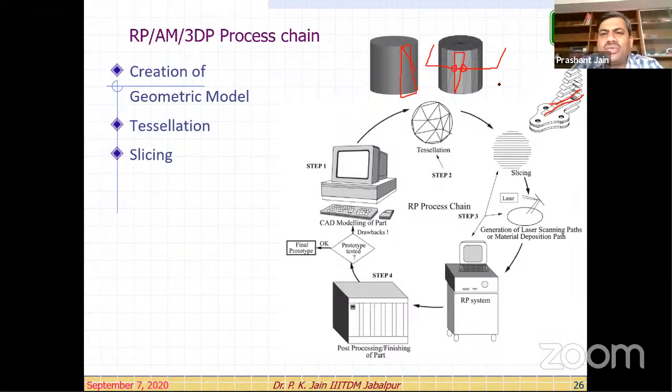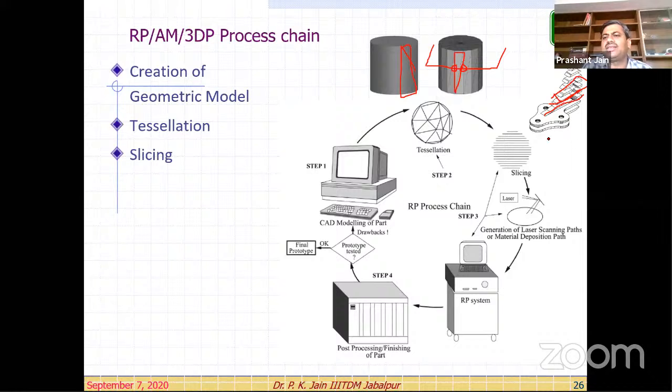Now we can apply a for loop, and the number of triangles can be calculated in this way, right? Then we can arrange them in a logical sequence, so we can get the contour information, right? Once we get this contour information, we can generate successive contours for each and every layer, right? And now once we get this contour information, say for example, this is the contour information, right?